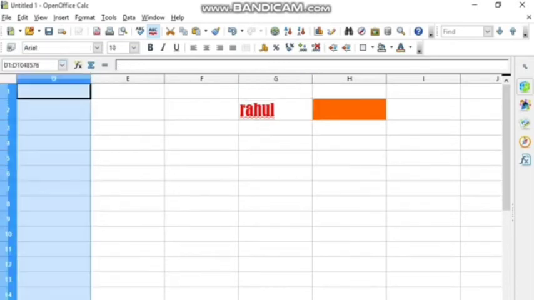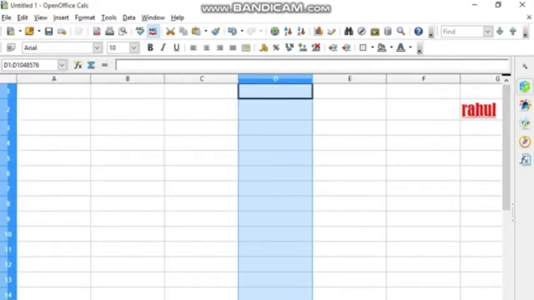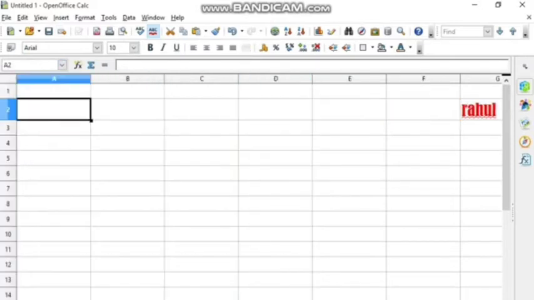So now you can see that the letters written on the top of the sheet are the column names, and on the left side there are row numbers. But above these column letters you can see a box where A2 is written. That particular box is known as the address box, or you can say the name box, because it shows you the address, the cell reference of the current active cell.